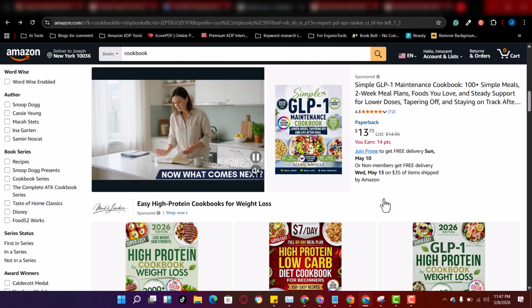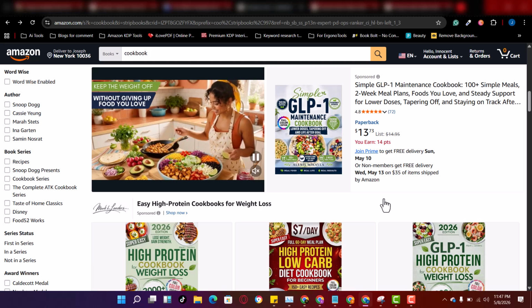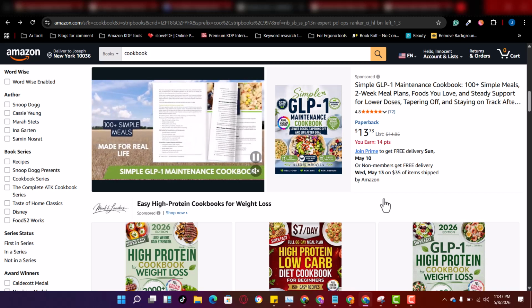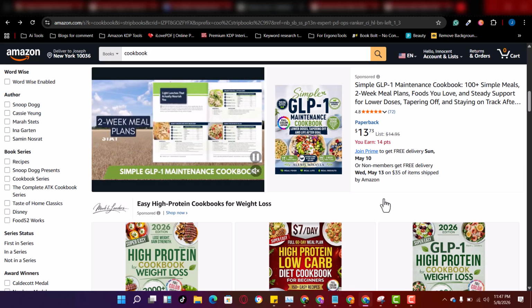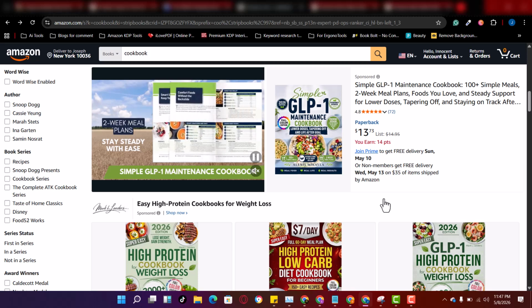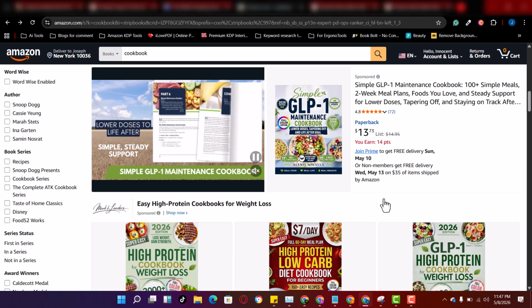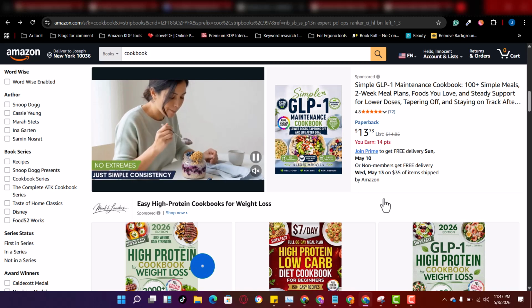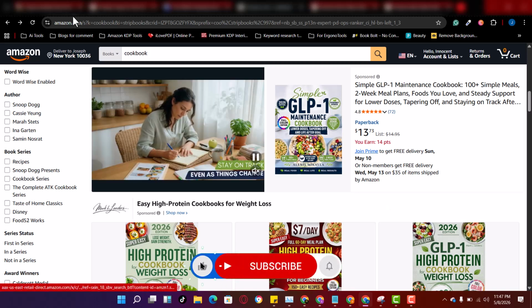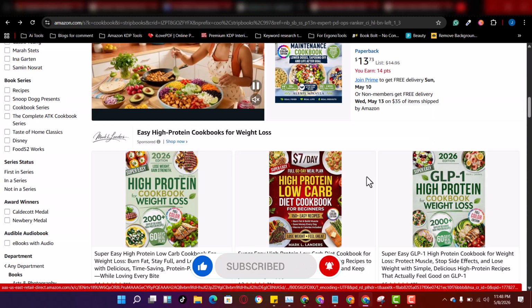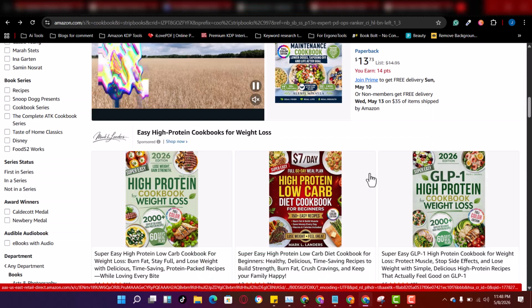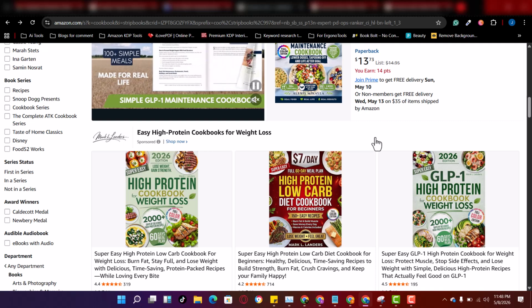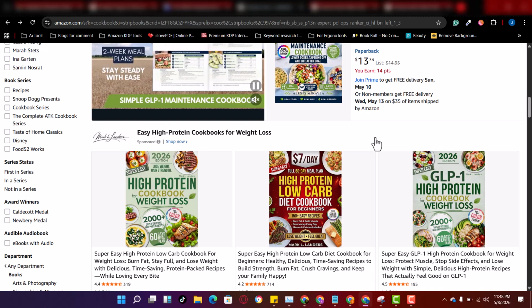Because when we talk about AI generated books, Amazon has become strict here. They know that people are using AI to write, and they allow people to do that, but they are now making it obvious that they are more strict on the kind of AI books that they allow to pass their review. So if you do any poor job on your book and they detect it, it's not going to pass. And I've seen a lot of people complaining that they cannot upload their books on Amazon. I have uploaded so many books on Amazon, and to date, I have not had any of my books rejected, and that is why I am one of the best people to tell you how to do all of these things and make it successful on Amazon.